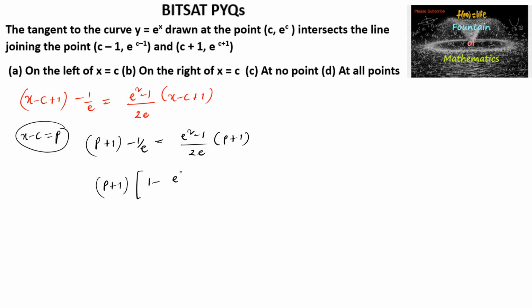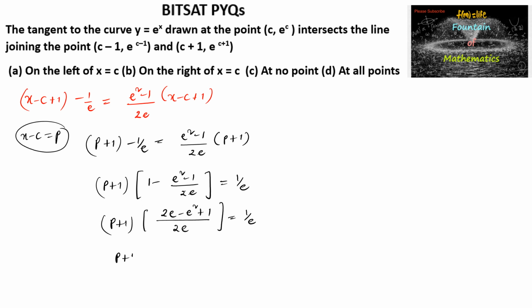So we'll get 1 minus e square minus 1 upon 2e is equal to 1 upon e, or p plus 1 into 1 upon 2e, 2e minus e square plus 1 is equal to 1 upon e, or we can write p plus 1 is equal to 2e upon e into 1 by 2e minus e square plus 1,